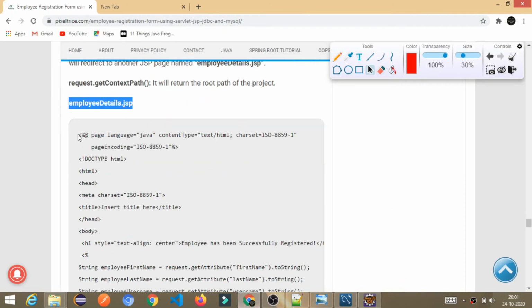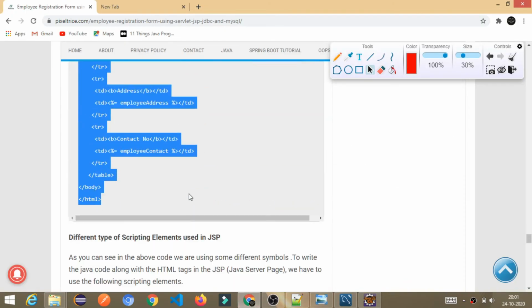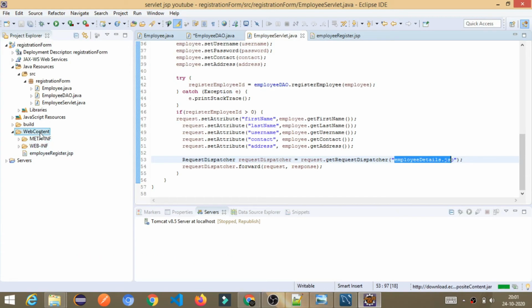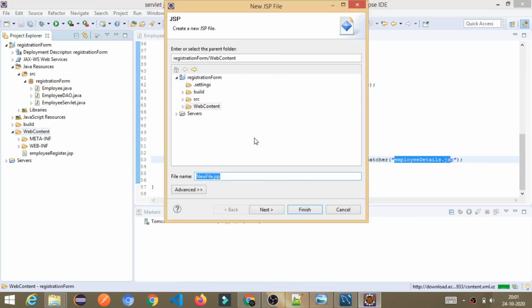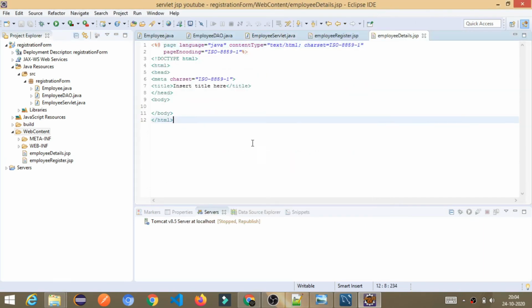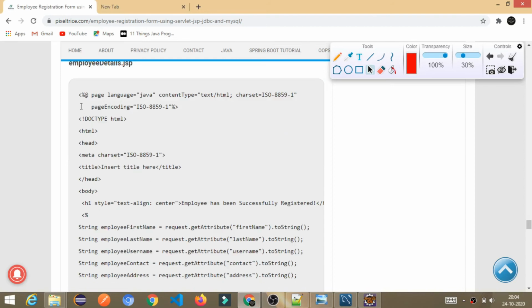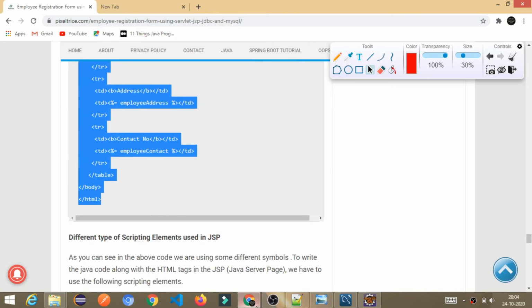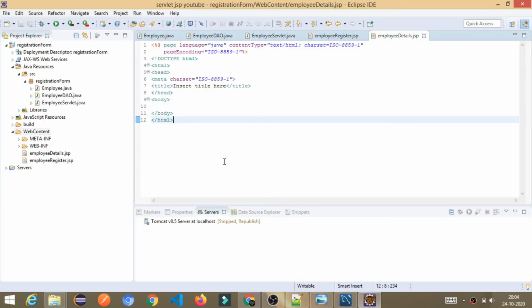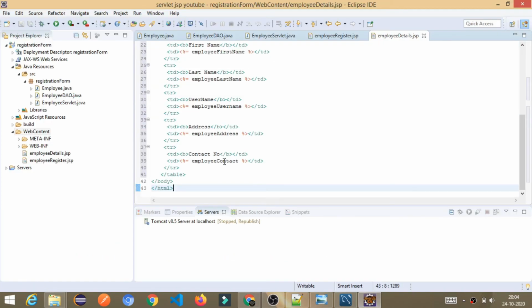Now I will just copy it, come here, right click, new JSP file, give the name employee details.jsp, and I am copying this code so that I get enough time to explain it. I will paste it here.